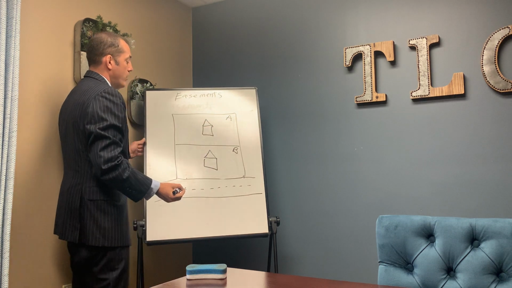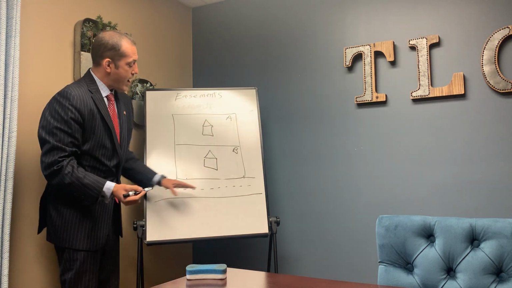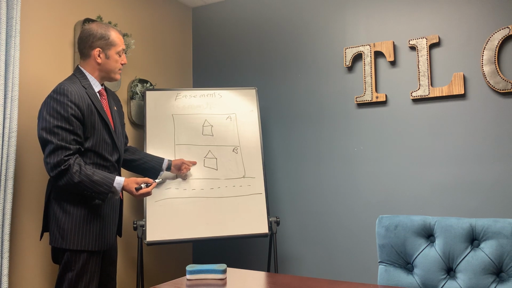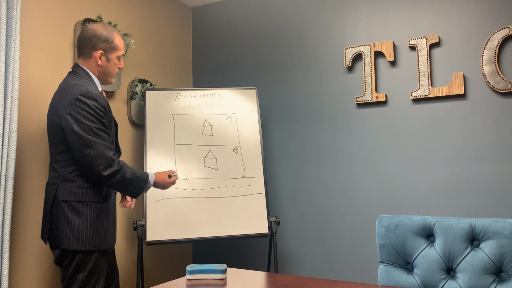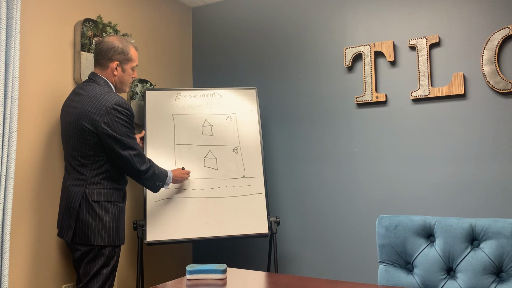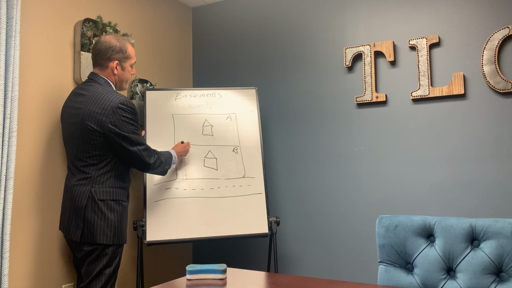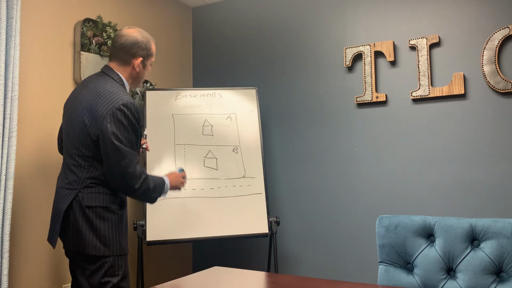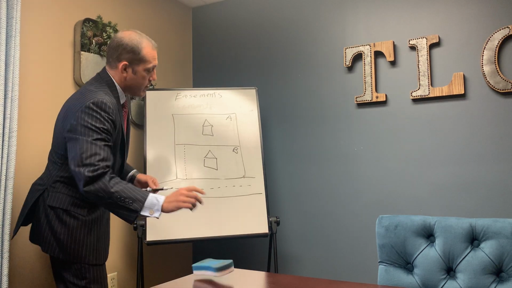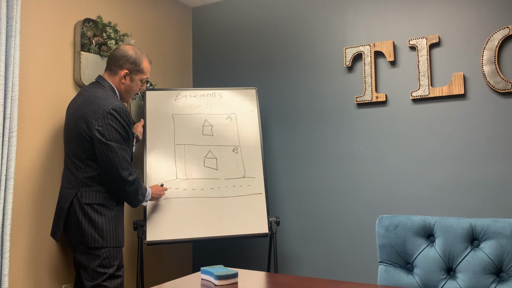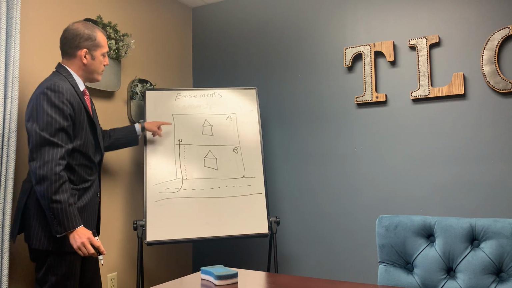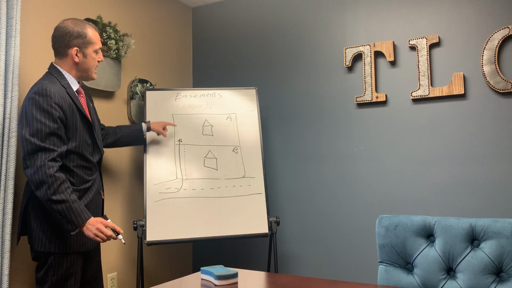This is a public right-of-way, so it's easy for lot number B, the person that owns this house, to access this property. However, we need an easement for lot A, for example, right here. This would be an example of an ingress and egress easement, whereby the owner of lot A could drive his car up the easement and access his property. So he could go back and forth over the easement.